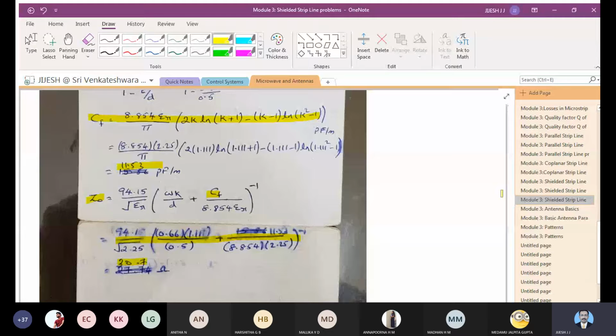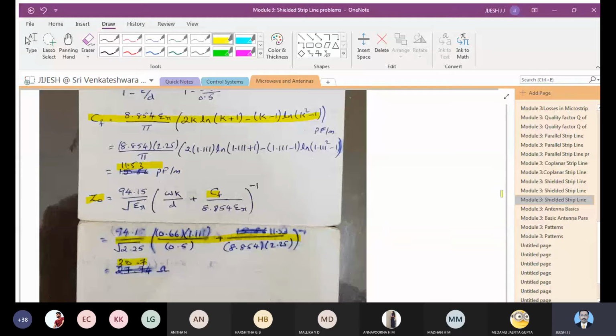And one good thing about this strip lines is you will get only expected questions for your internals and university examinations, and all questions will be either to use this means out of these four topics, that is micro strip lines, parallel or coplanar or shielded, and maybe sometimes some problems, that's all. So it is very easy to score marks out of this module 3, and I want nobody to lose any of the marks in this module, so that you can get good marks overall.